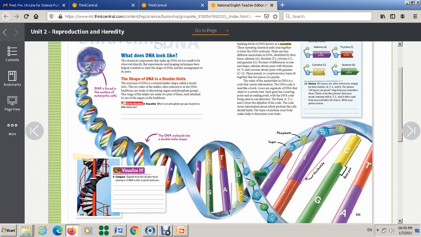Can you see here how they look? Okay, each is attached to one of the sugars in the backbone, as you see them here. Okay. Also, I want you to look at this one here. This one represents